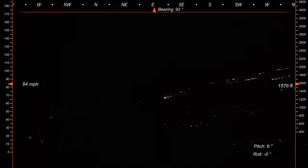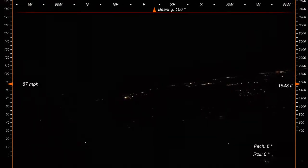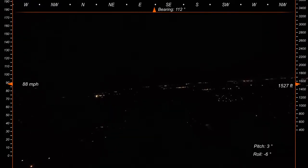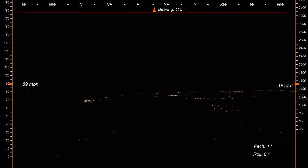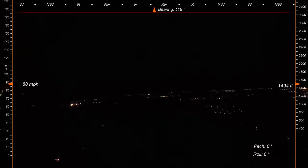Watch your speed. Fly your plane. Don't worry about those guys. Tower's watching them. And you see them. It's a good way to lose it. Don't drop your plane to be a spectator. I don't know, it's just...